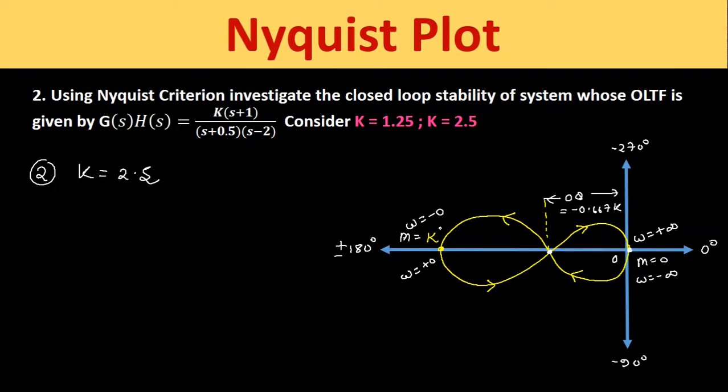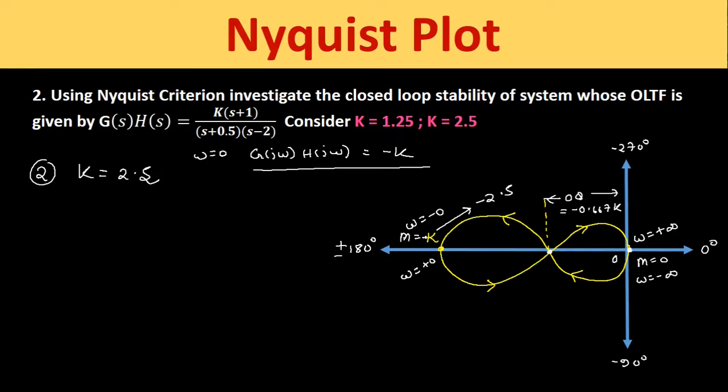So here our k will be equal to minus of 2.5. Okay, this will be minus k. How is this coming minus k here? So whenever we put omega is equal to 0 in the G of j omega into H of j omega equation, what will we get? G of j omega into H of j omega is equal to minus k. So the actual value of this G of j omega into H of j omega is minus k. That's why we can take here minus k only.